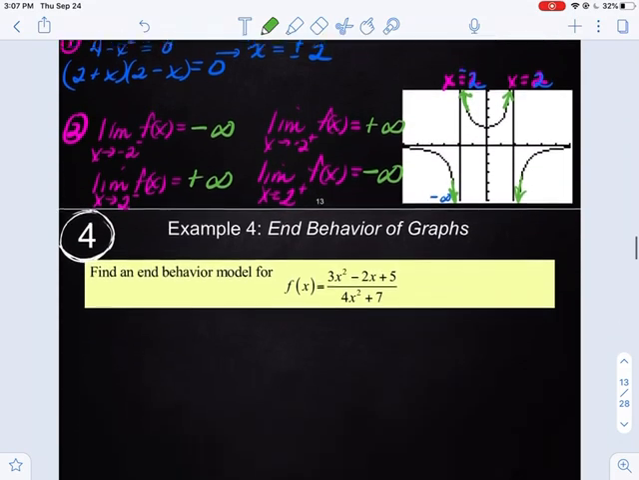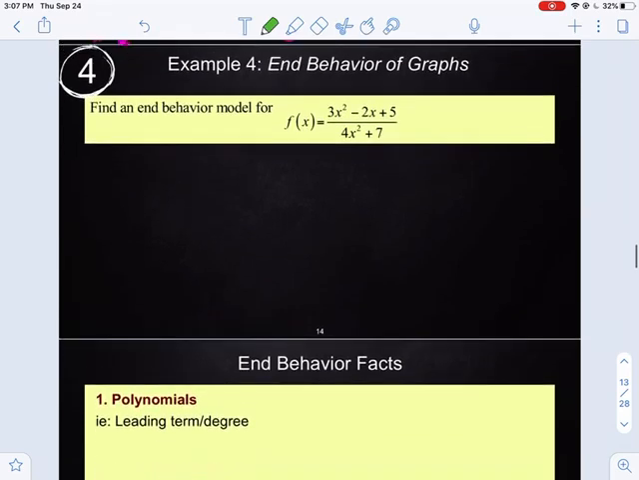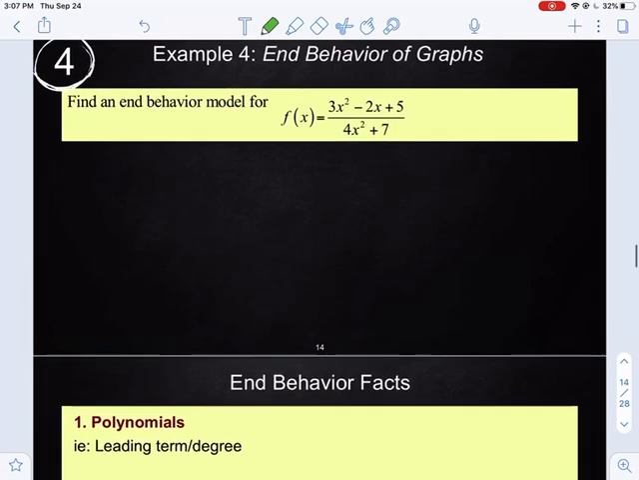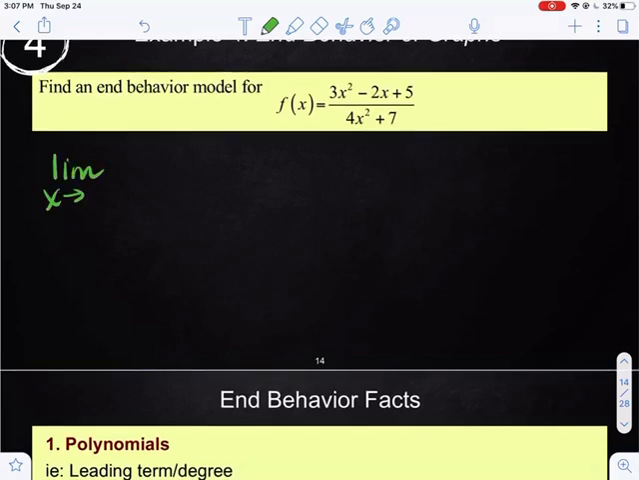So example 4 for the end behavior of graphs. If we want to find the end behavior of the graph for this model, a really simple tool can be used for this. If you think as x gets really big, what are you going to do? So you can say, well, the limit as x approaches infinity of, I'm going to write the whole thing out, 3x squared minus 2x plus 5 over